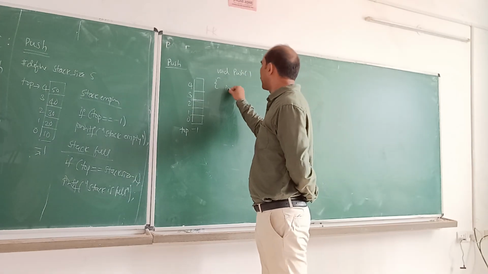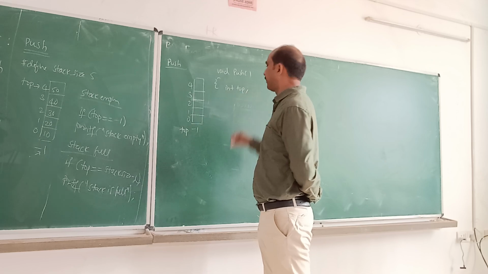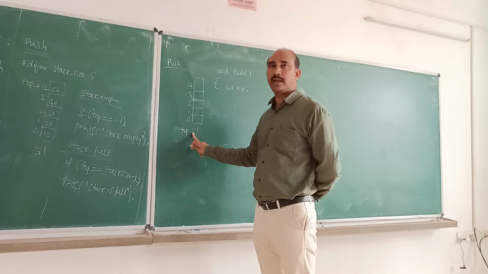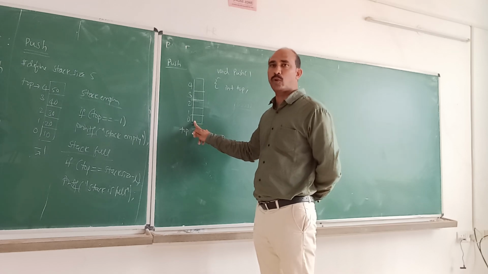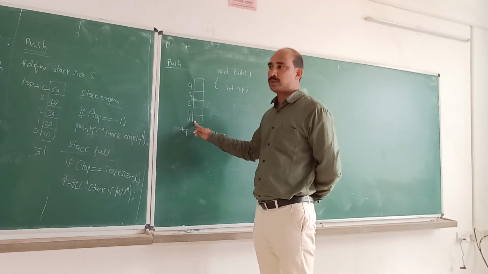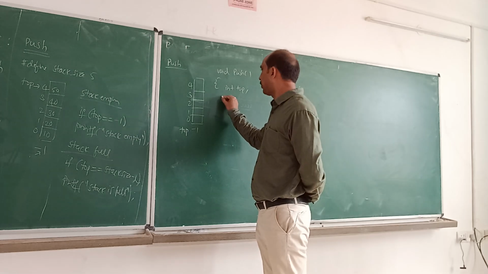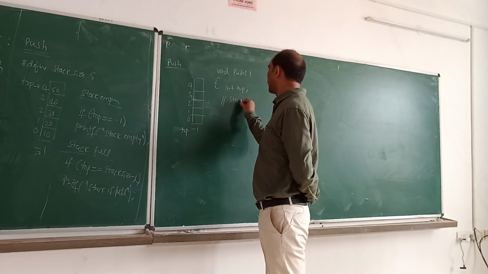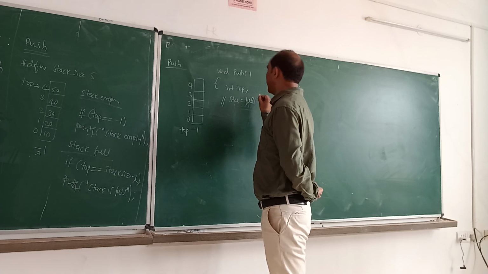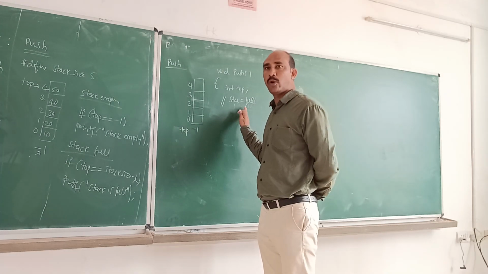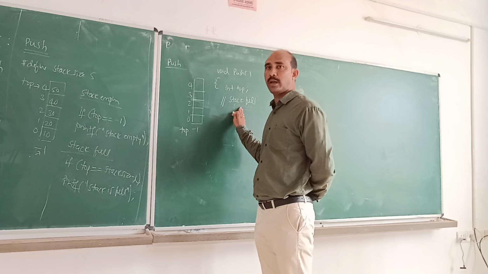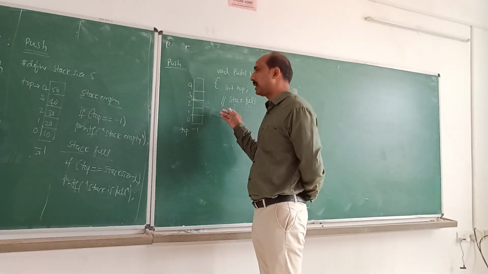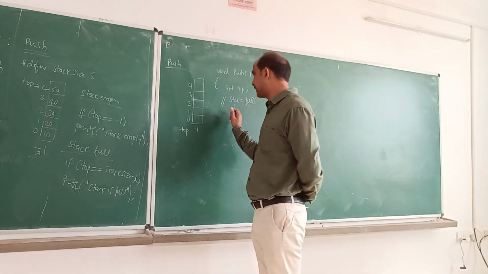So I need to take a top and you need to check against that one. For adding an element into the stack, we need to check for the full condition. So if the stack is full, it is not possible to add an element. So we want to check for the stack full condition here. If the stack is full, the stack will not allow the elements to be added. If the stack is empty, it means that it facilitates adding some more elements, then we